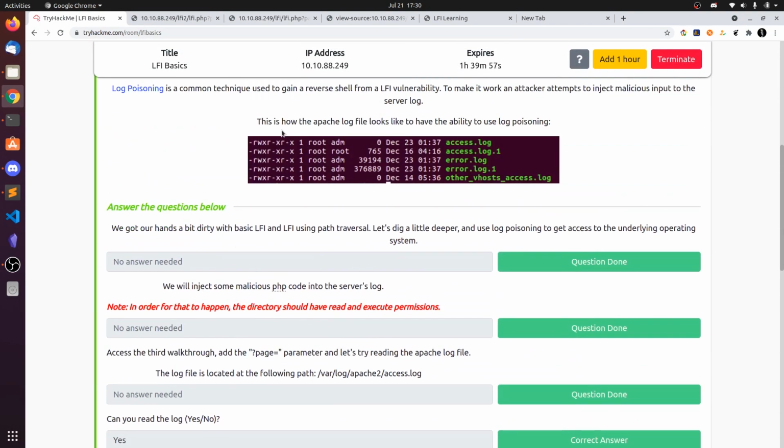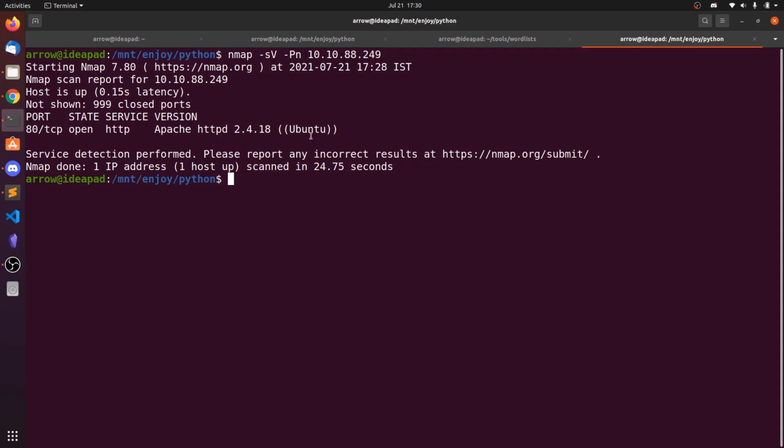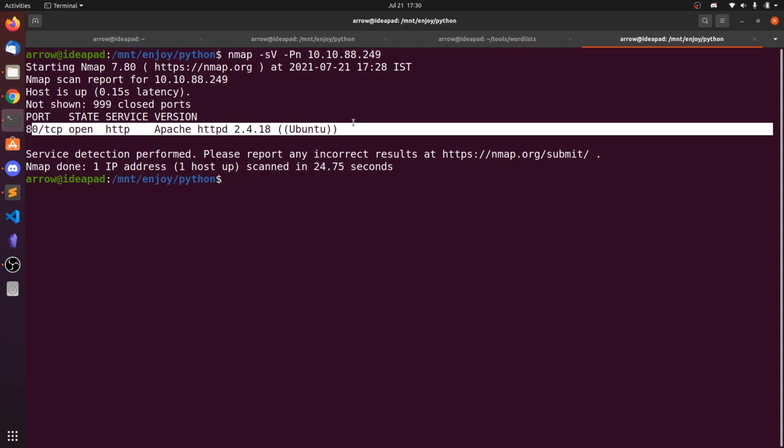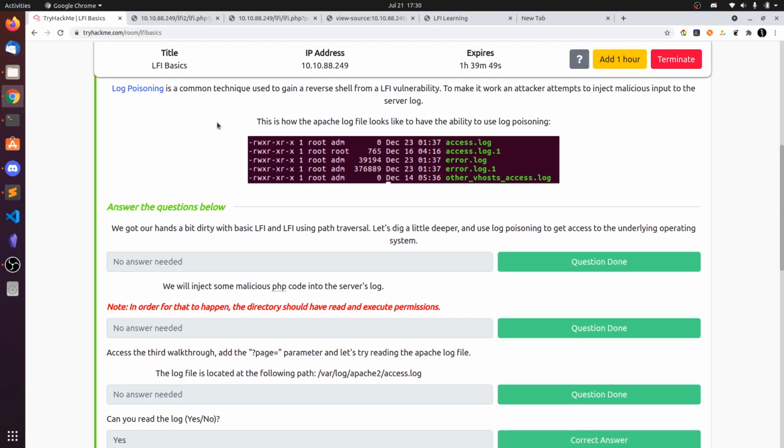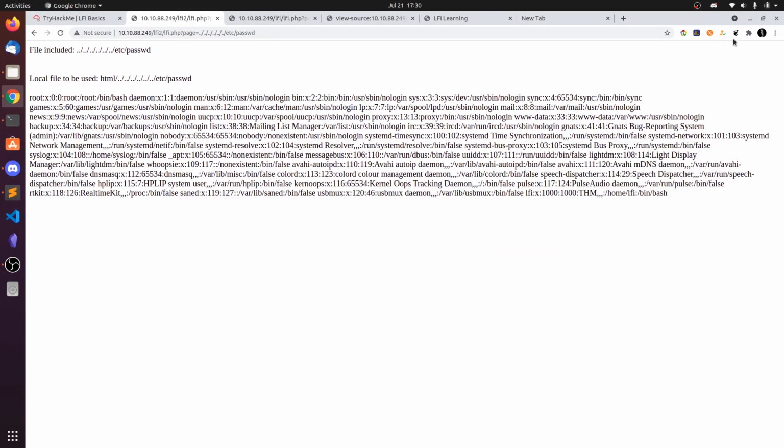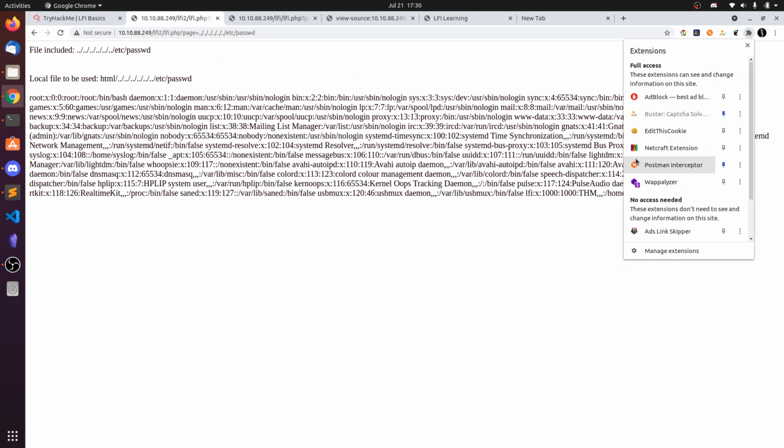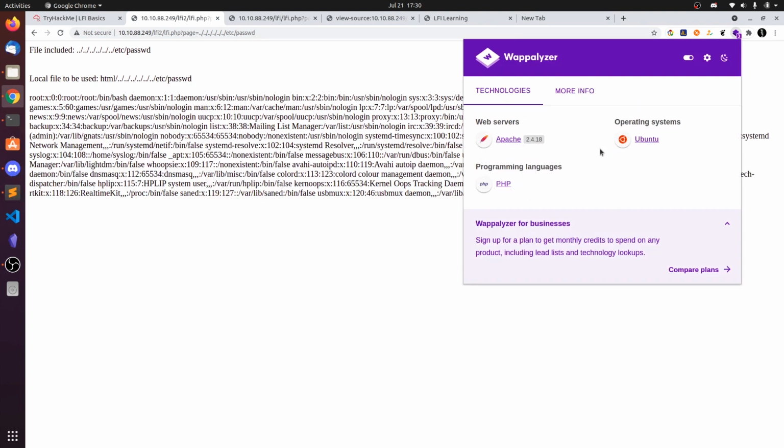To get a better understanding, you need to scan the machine and see what ports are open. So only the web port is open, so that means you can poison the Apache logs. Okay, so click on Wappalyzer and you can see Apache is running and PHP is the backend programming language.